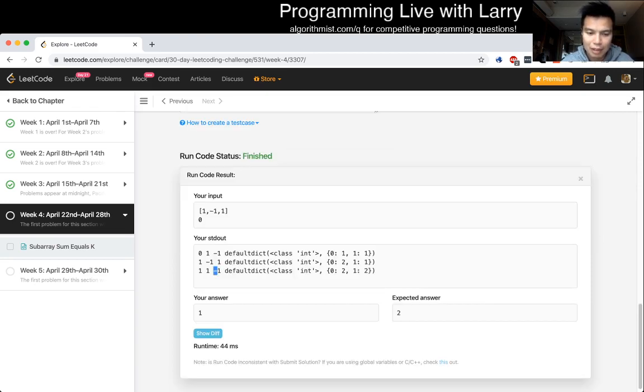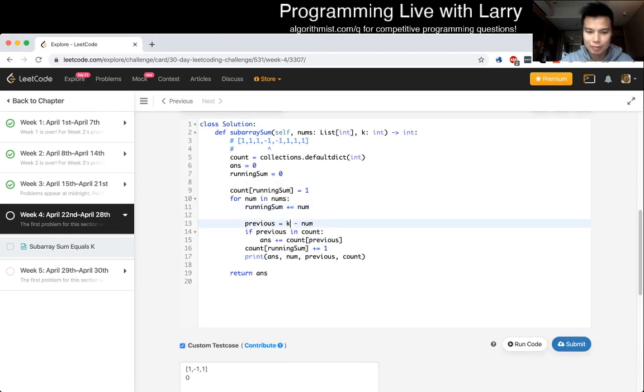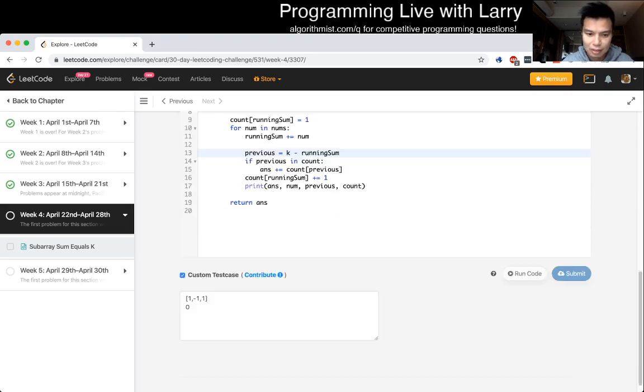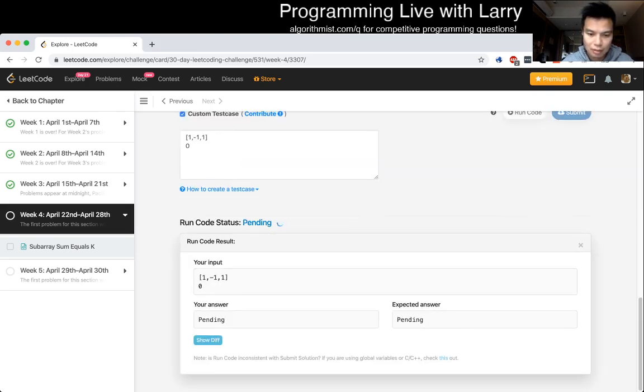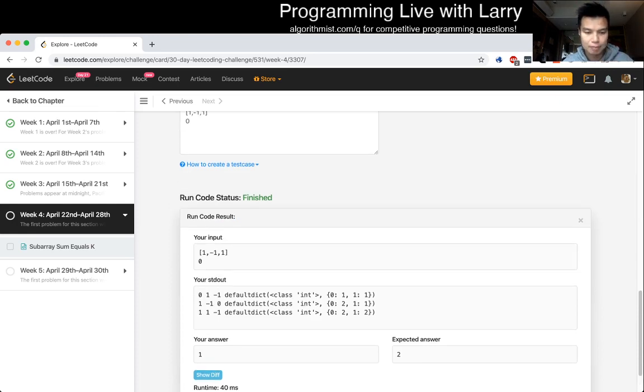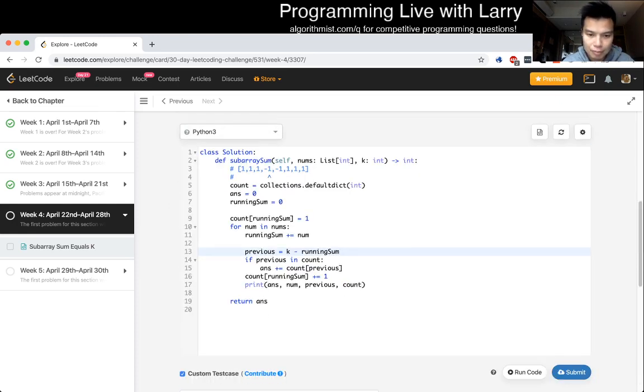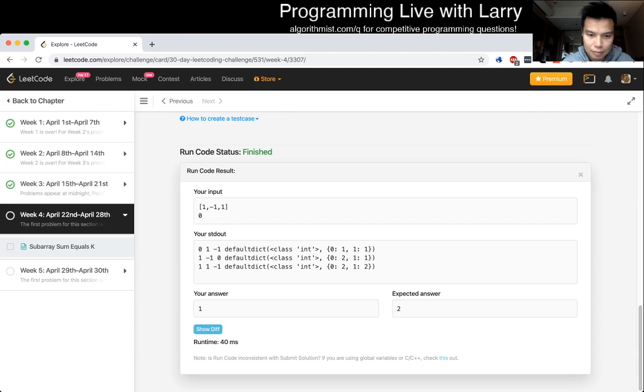Okay. So for the -1, we want the prefix that sums to 1. Maybe I have to include itself. Am I? This is running sum afterward. No, it still tries to get -1 because it's